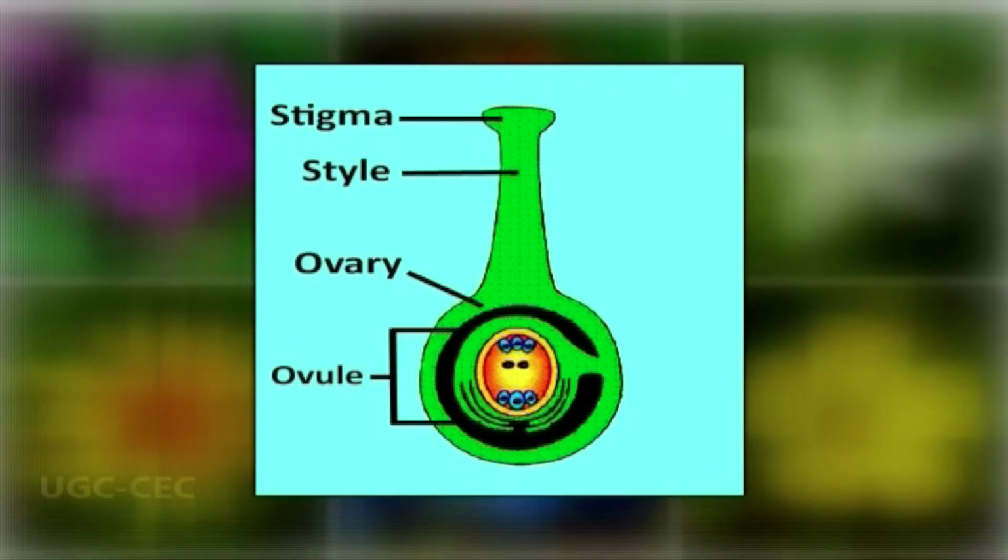A chamber inside an ovary in which the ovules develop is called a locule. The number of locules is independent of the number of carpels. If there are multiple locules, the walls dividing them are called septa. Based on the position and arrangement of the placenta, the gynoecia are of following types.